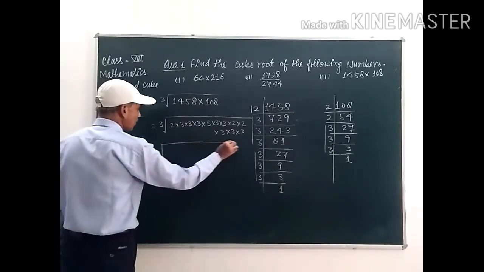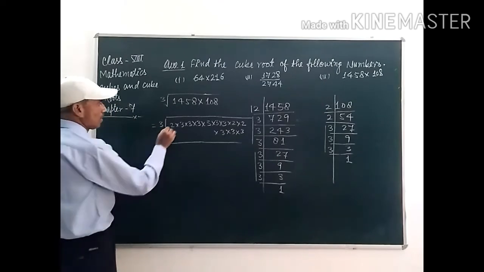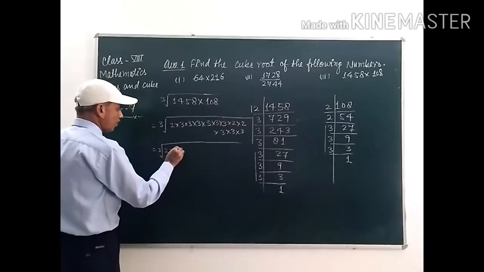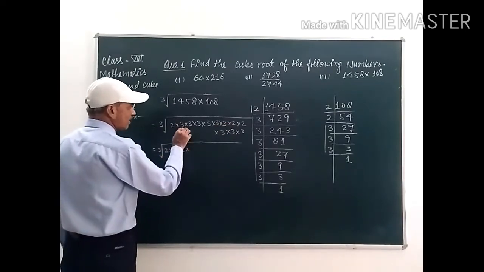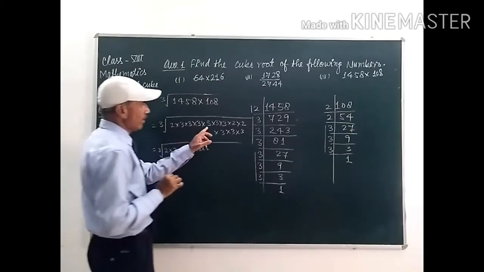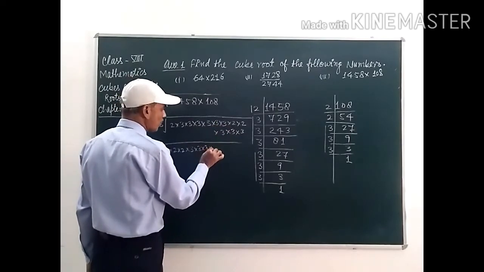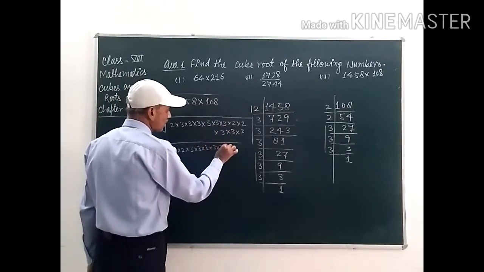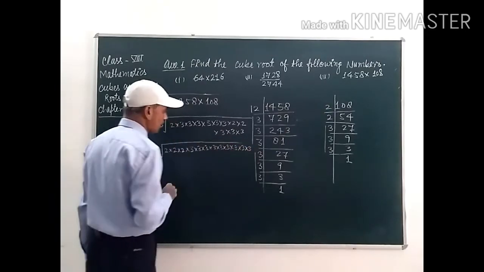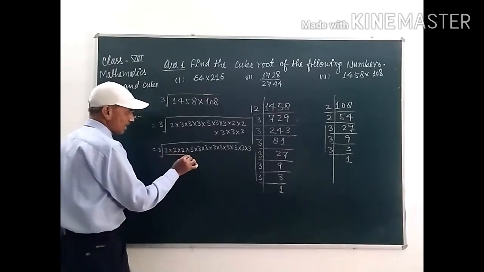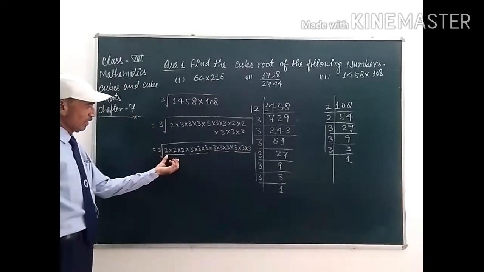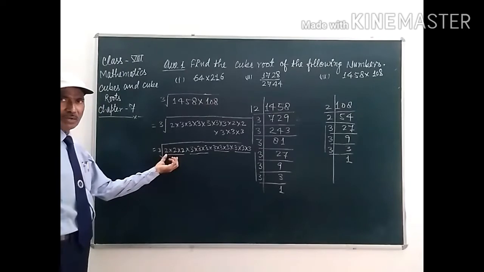Cube root of this, that is 2 into 2 into 2, okay. Now 3 into 3 into 3, clear. Now this one second group, 3 into 3 into 3, and this one third group, 3 into 3 into 3. So, make the groups of 3 or make triplets, okay, students. So, this one group of 2 is completed here, okay.